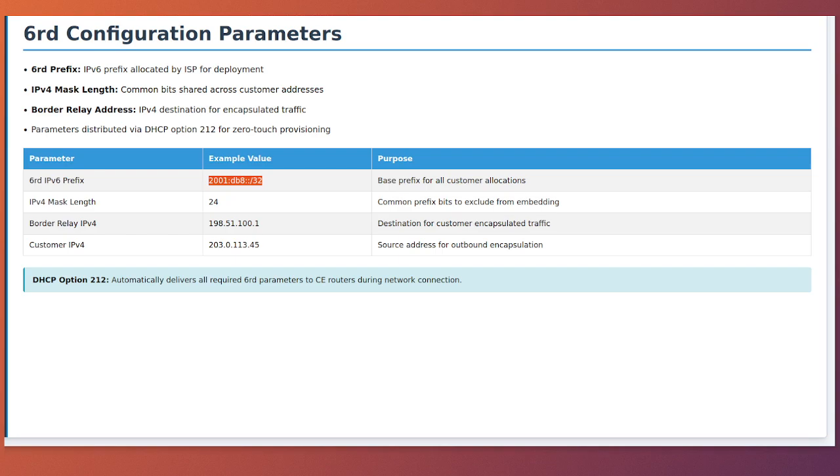The second critical parameter is the IPv4 mask length, often called the common prefix length. This tells the CE router how many bits at the beginning of the IPv4 address are common across all customers and therefore do not need to be embedded in the IPv6 prefix. For example, if the ISP uses the